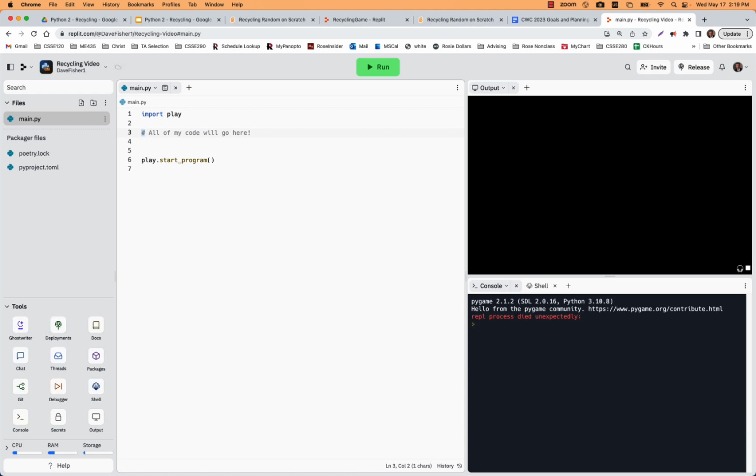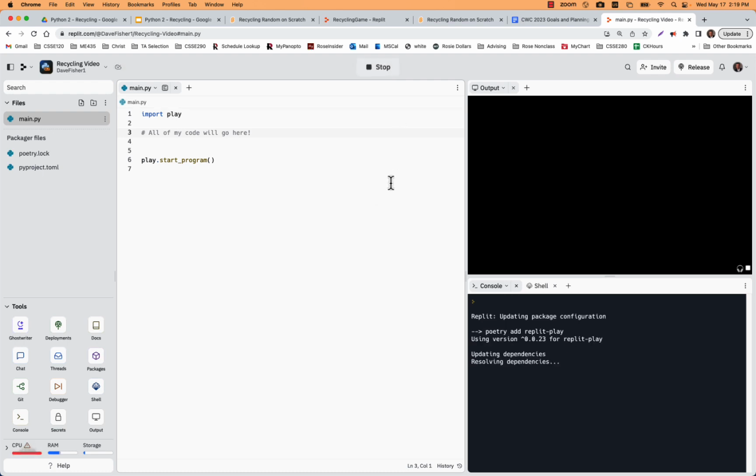Remember, this is a comment. It starts with this hash. And if I run this, the first time I run it, it actually runs really, really slow. So I went ahead and started it just because it's got to download this Replit Play library and whatnot. While it's doing that, I'm going to go learn about this library called